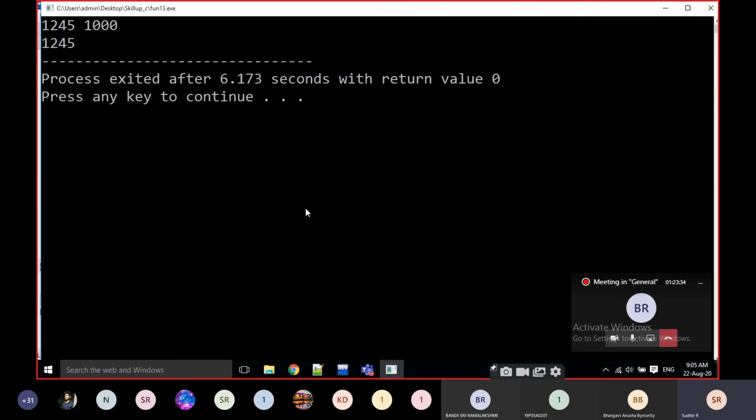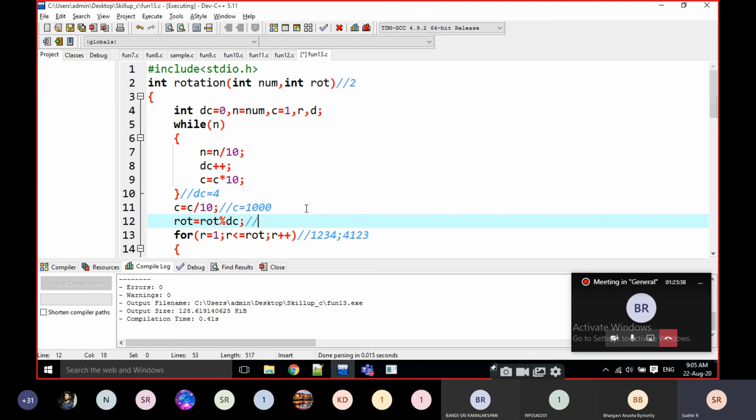For example, the rotations are 1000. The output is the same thing, no doubt about that. If you observe here, the rotation value is 0, which means the loop is never executed.